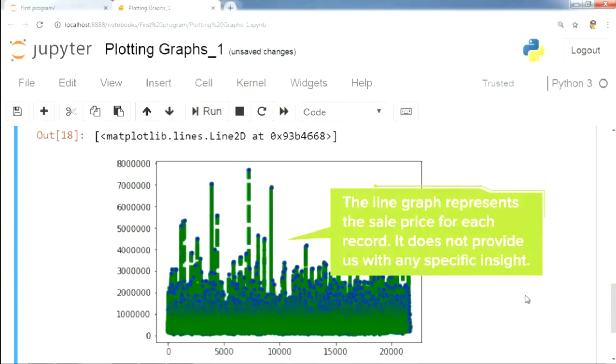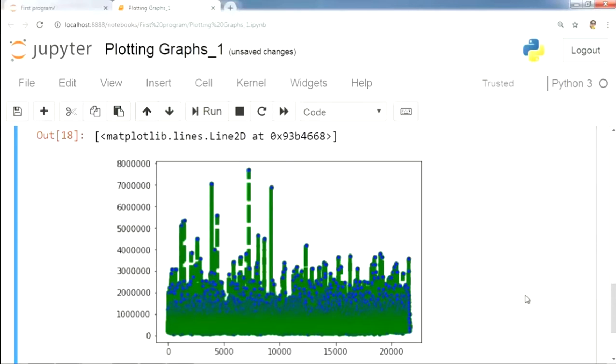Now this line that we have created just represented the sale price for each record, something that we can easily see just by browsing the dataset, and as such, this line graph does not provide us with any specific insight. Let's see how we can use graphs to visualize the data in a way so that it starts answering specific